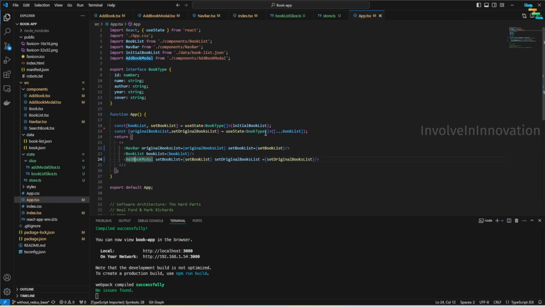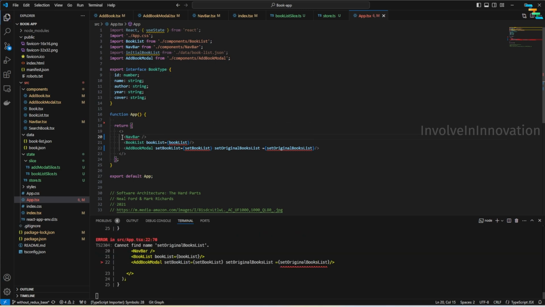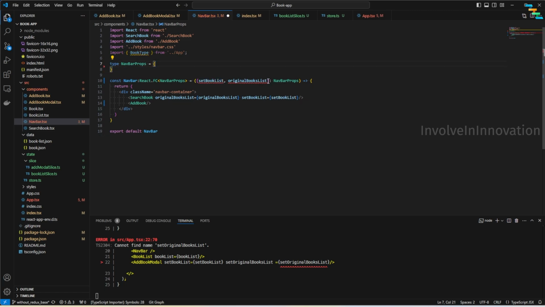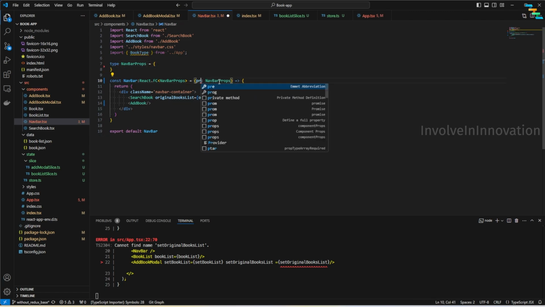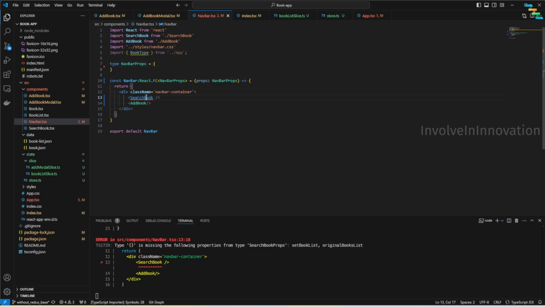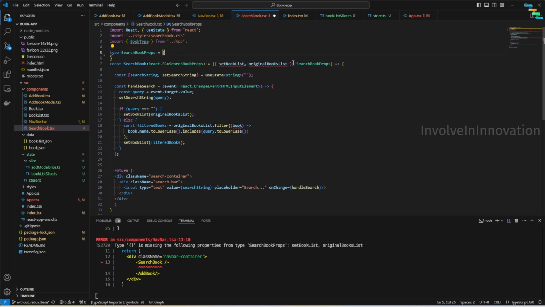Now we will change the React components. Now we will remove both of these. We don't really require this, and then we will remove this first from the navbar. Go to the navbar. Here we can remove both these properties, because we are not really using these two things. We are just sending this to the child component. We'll go back to here, and then we will remove